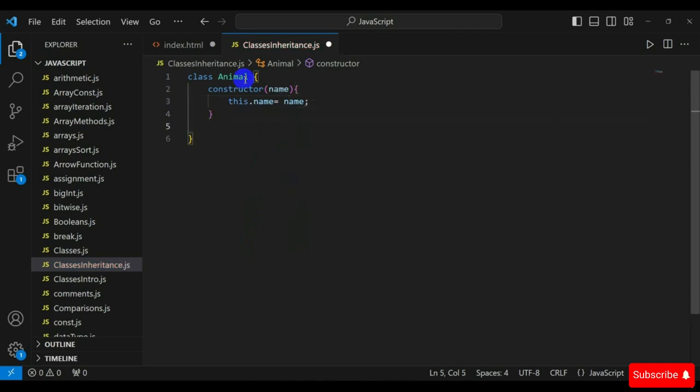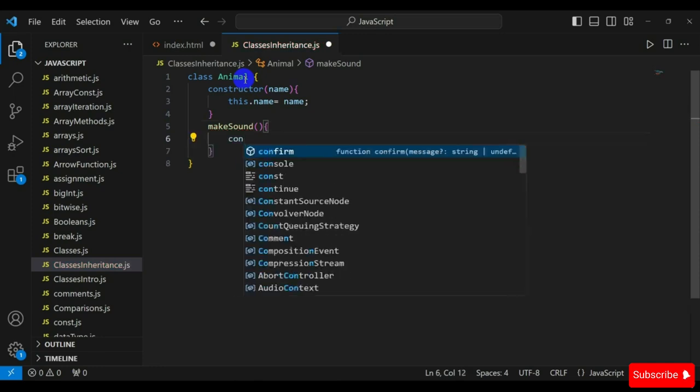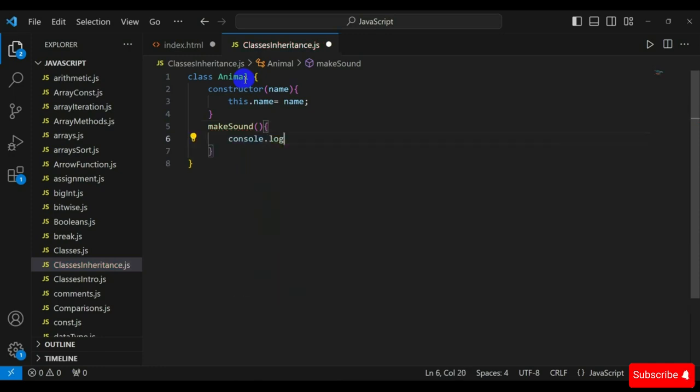And now I create makeSound, then parentheses, then curly braces, then console.log, and then the dollar sign for this.name